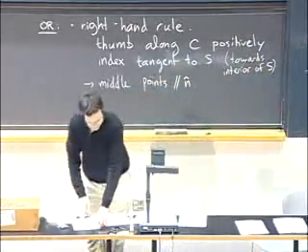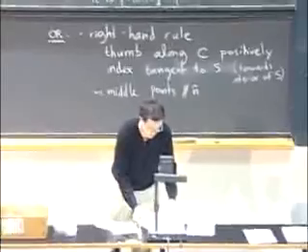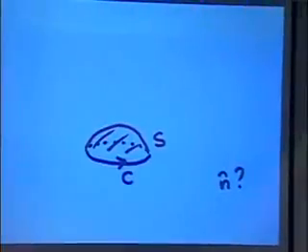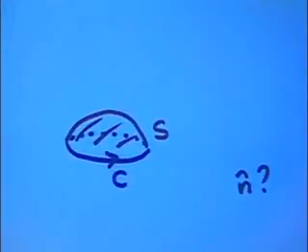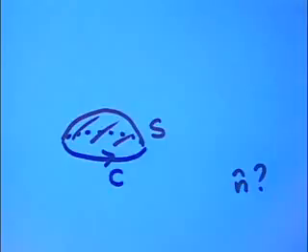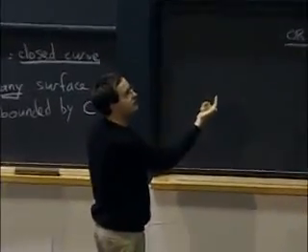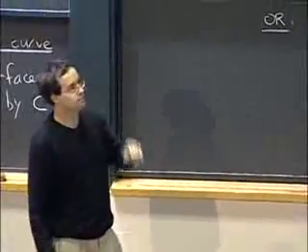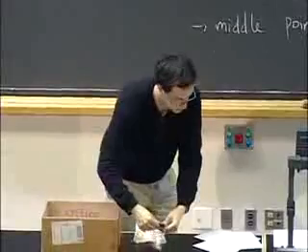So let's practice. Let's say that I give you this curve bounding this surface. Which way do you think the normal vector will be going? Up, yes, everyone's voting up. Okay, imagine that I'm walking around C, S is to my left, normal vector points up. Imagine that you put your thumb along C, your index towards S, then your middle finger points up. Very good. So N points up.